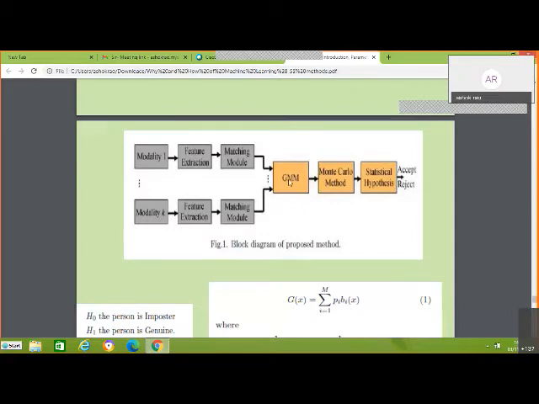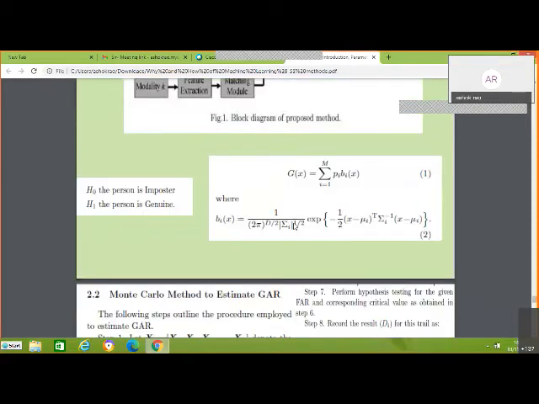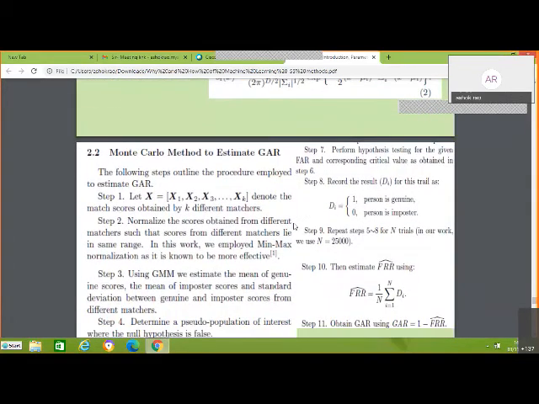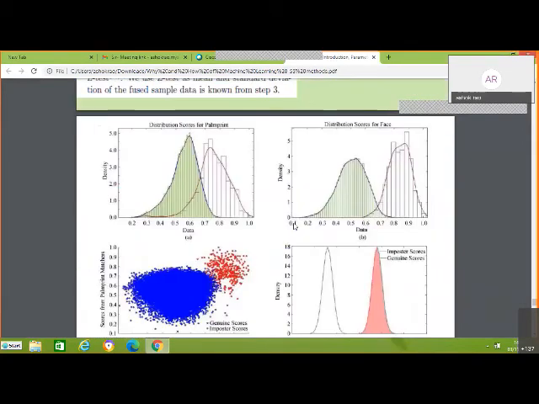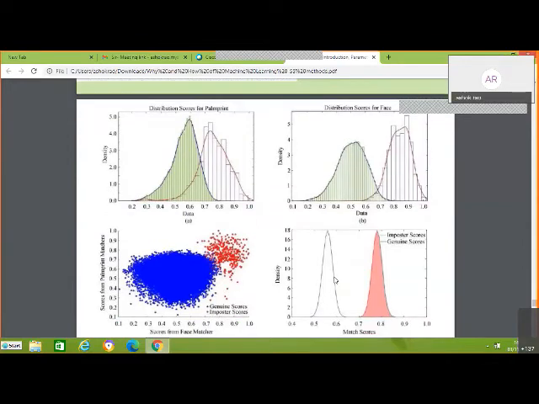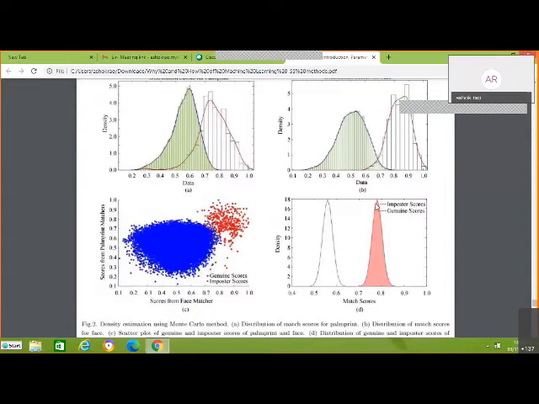We again use mixture model. We'll see where this came, feature extraction, all this, and the hypothesis. The mixture model, everything is done. Only thing we did was to estimate. We did what is called a random Monte Carlo simulation. We'll see that later. Okay, we'll come to that a little later. So this is it. These are the distributions of palm print, and these are the distributions for face, and the distributions of face and imposter scores are like this. So genuine score and imposter score comes.